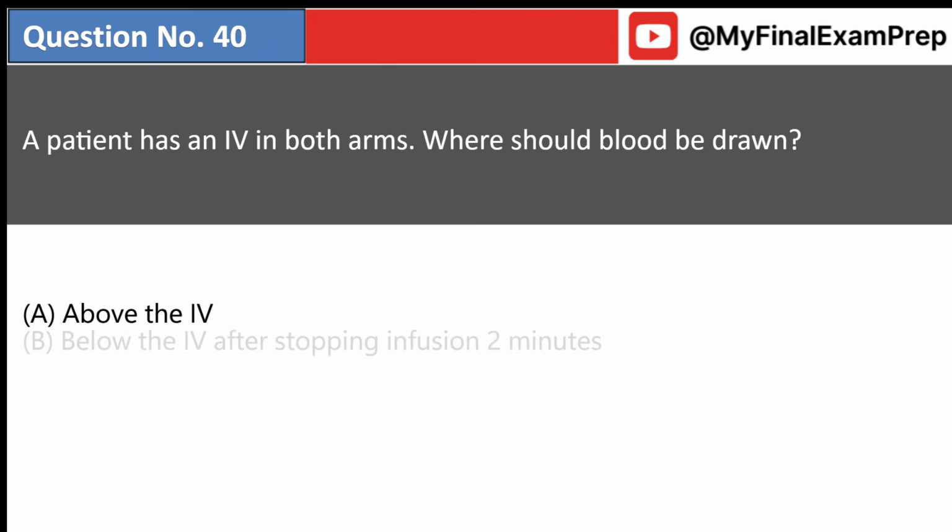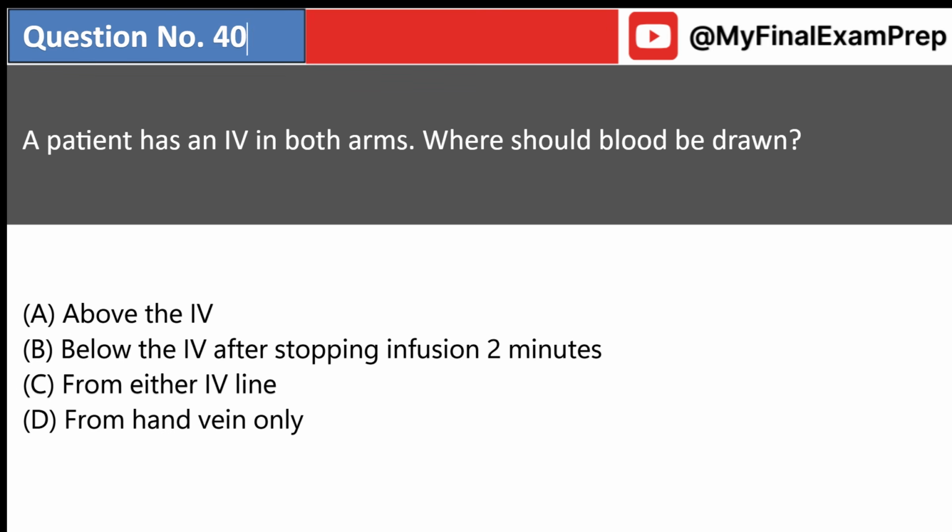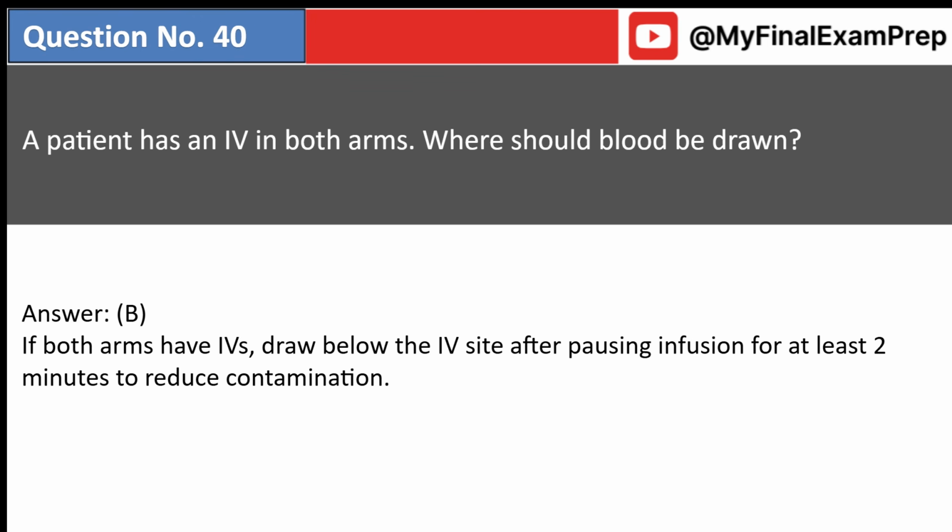A patient has IVs in both arms. Where should blood be drawn? A. Above the IV. B. Below the IV after stopping infusion 2 minutes. C. From either IV line. D. From hand vein only. Answer B. If both arms have IVs, draw below the IV site after pausing infusion for at least 2 minutes